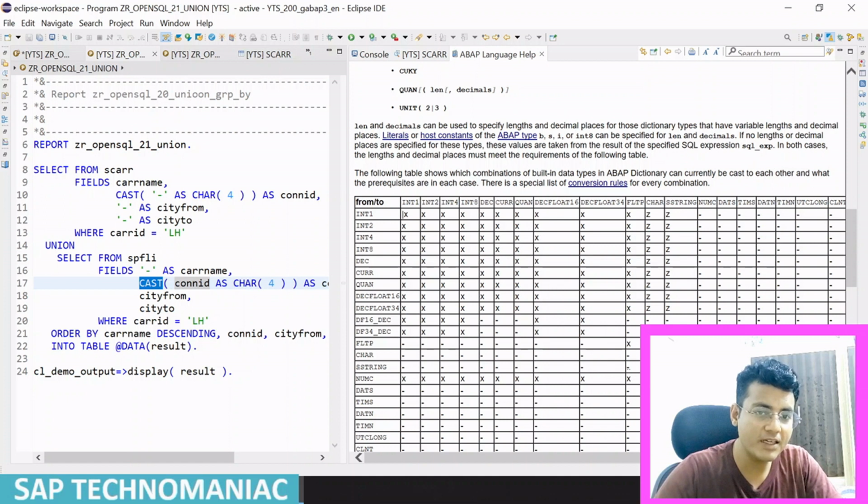Integer can be converted into integer, but can't be converted into numc, or date and time. The same way this table can help you, and we can use cast operation from that only. If you try to convert into some other different data type, it is not convertible. It will simply give us an error. So you can try out yourself what can be converted, but how to convert,